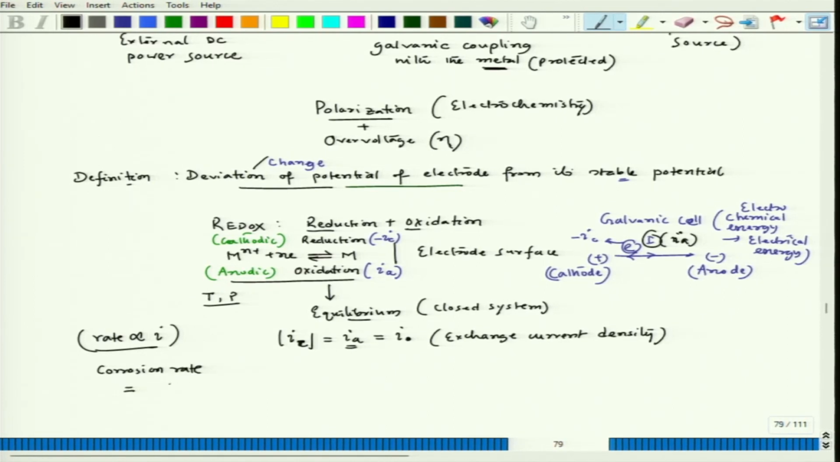if we know i corr, A is the atomic weight of that particular metal, n is the number of electrons associated with that reduction process, F is 1 Faraday, and if I try to put it in terms of millimeter per year, then there should be a rho term coming out. So, this rho is nothing but density. So, rho is density, F is 1 Faraday,